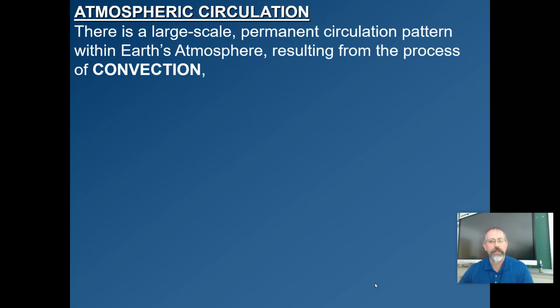There's a large scale permanent circulation pattern in the Earth's atmosphere that happens due to convection. We've talked about convection before. Convection is the circulation of things that can flow due to density differences. When air gets warmer, it gets less dense, and the warm air rises, and cooler air takes its place. That's the fundamental thing that goes on. Air near the surface warms up, it rises, cool air replaces it. That motion creates wind at the surface. It also creates circulation in the atmosphere that can move warm air to new places and move cold air to new places and mix the energy around on the planet.